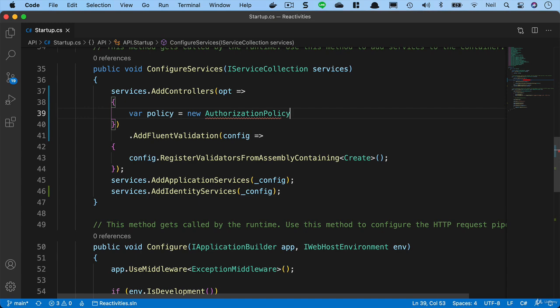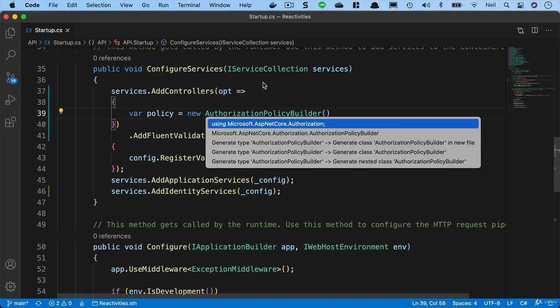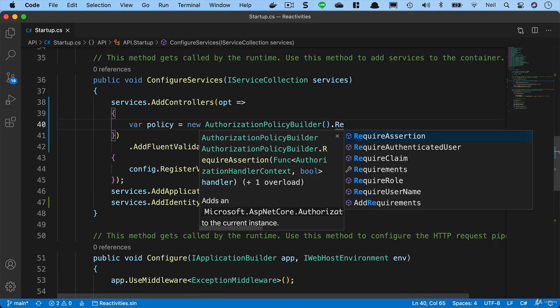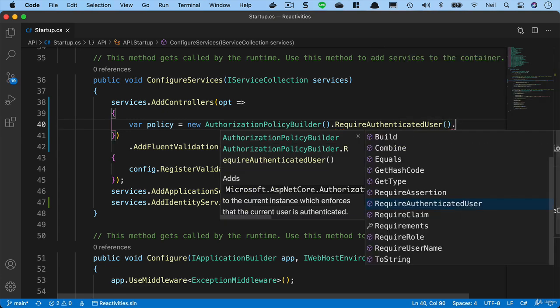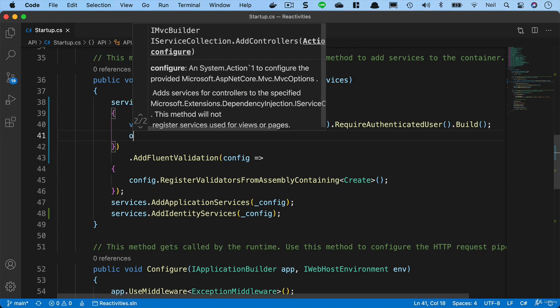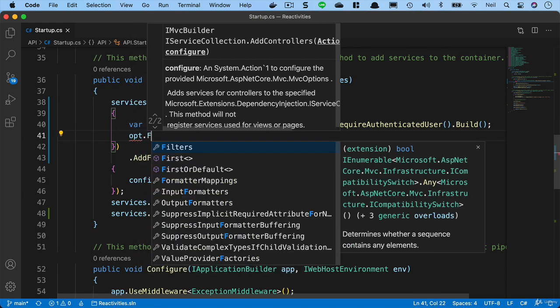policy builder, and we'll need to bring this in from ASP.NET Core authorization. And then we're going to say require authenticated user, and then we're going to say build. And below this, we can say opt.filters,